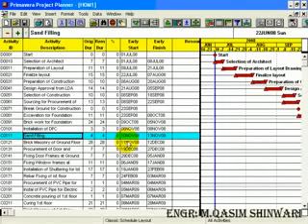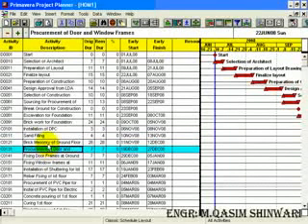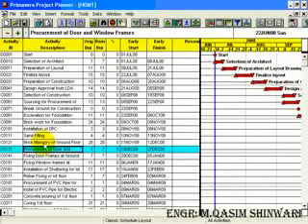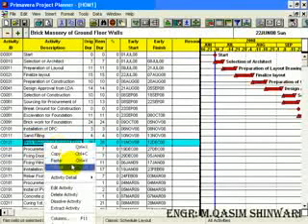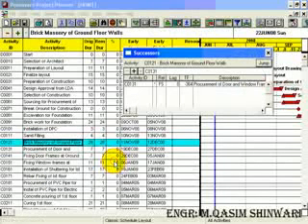The next activities which can be started simultaneously are C0121 and C0131. These two activities can be started simultaneously. So highlight brick masonry and go to successors. Here you can see that its successor